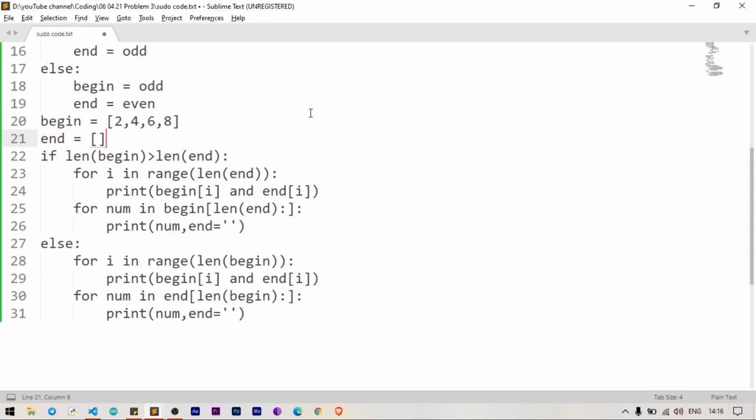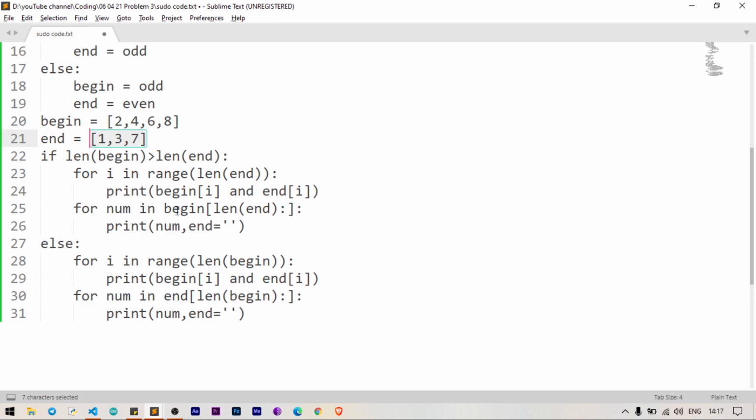So 2, 4, 6, 8 is the even list, which is considered as begin because in this case C is even, and the end list is 1, 3, 7, the odd list. We compare the lengths. If we see the comparison, the begin list is bigger than the end list, right?